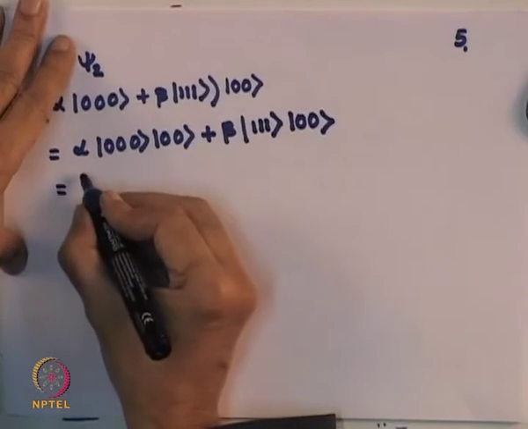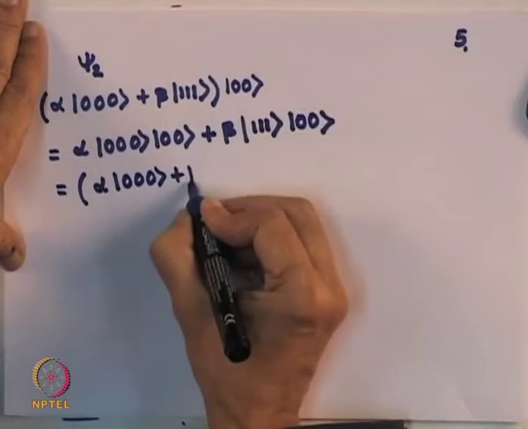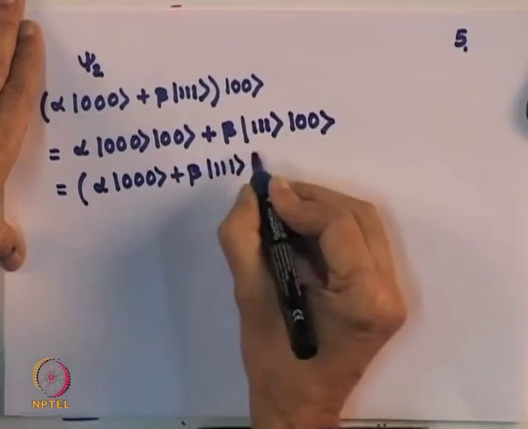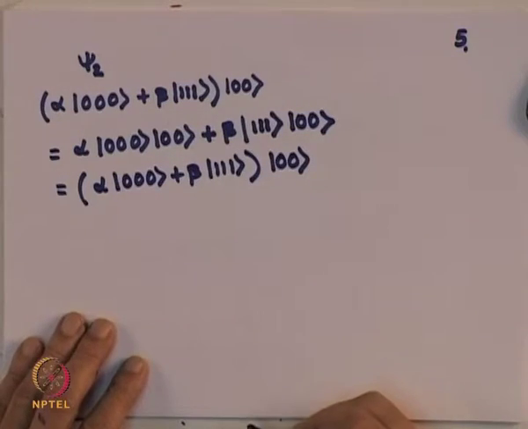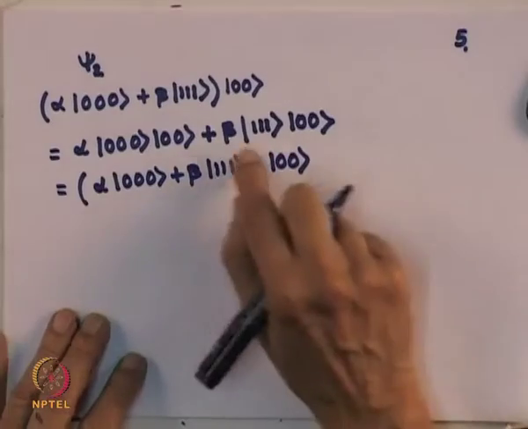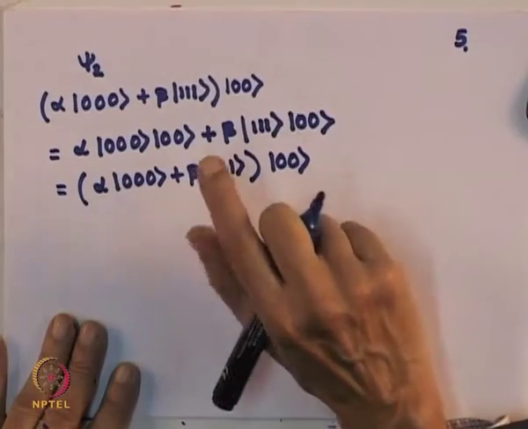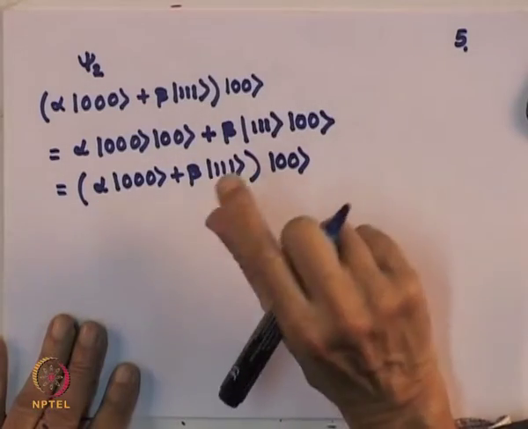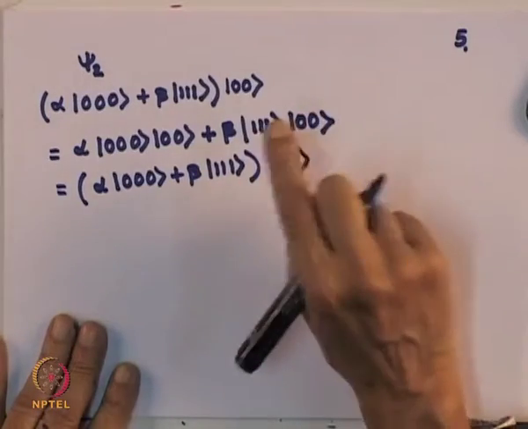So in such a situation, I will have alpha 000 plus beta 111 times 00, that is, the ancilla bits are not affected at all. And you can check that the situation with respect to the second qubit is also the same, because any time the two control bits are 1, then there is a double flip. So the original bit flip that took place after the first C0 gate is cancelled because of the second flipping also.